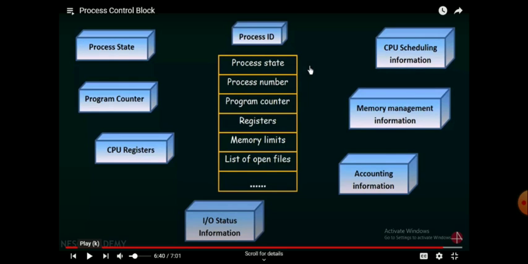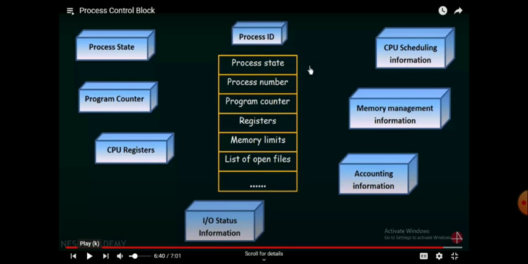The process state tells us which state the process is currently in, whether new or running or waiting.